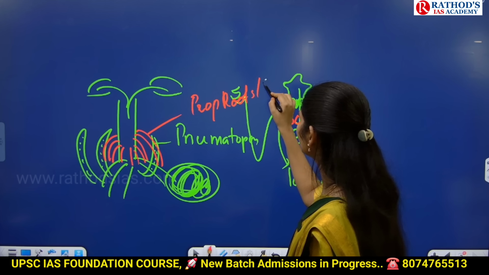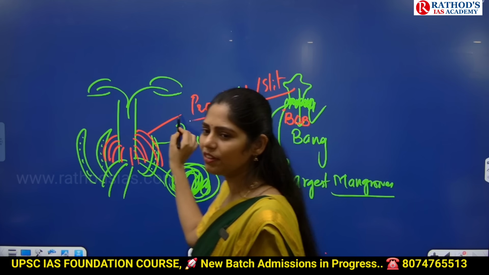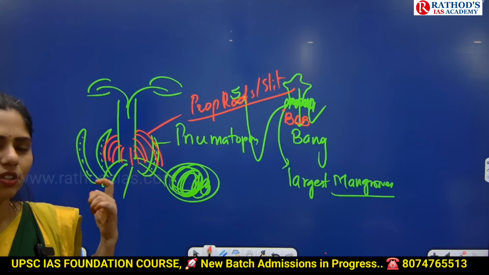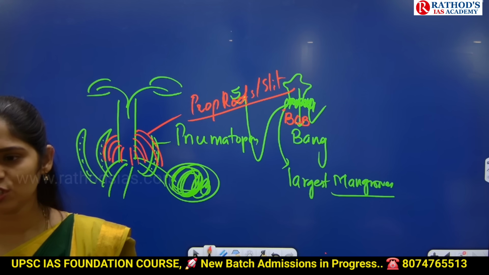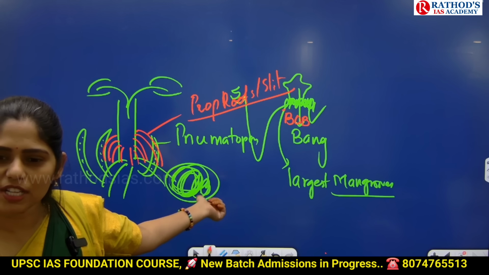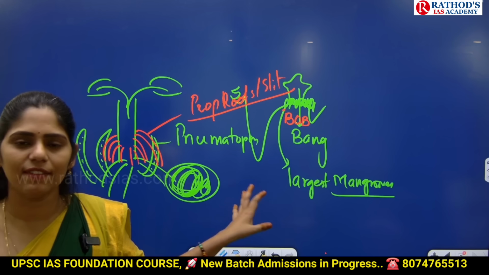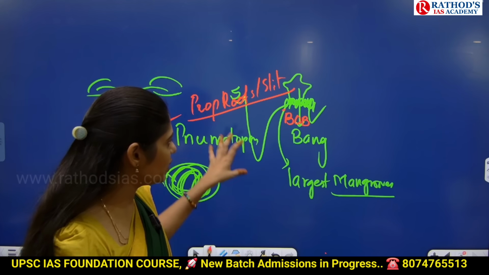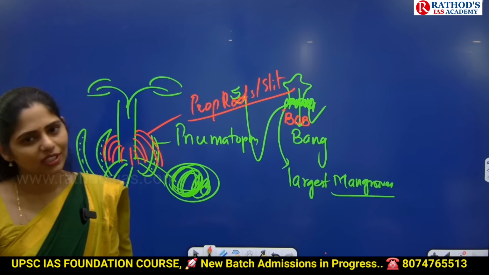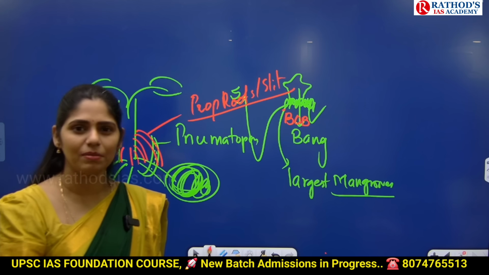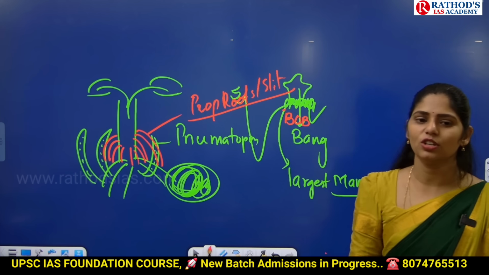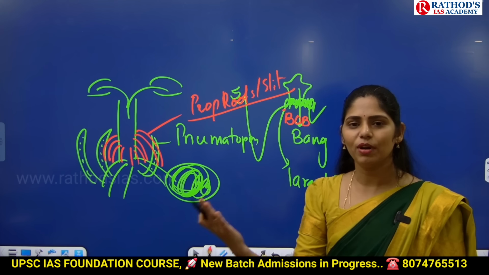or stilt roots. This is a PYQ from 1994. Okay. So here in mangroves, which kind of roots are seen on the surface? They are called prop roots or stilt roots. They provide support for the plant. Okay. So in this way, you may get a question even in your environment and ecology in prelims. Like, consider the following features of mangroves. Which of the above are the features?